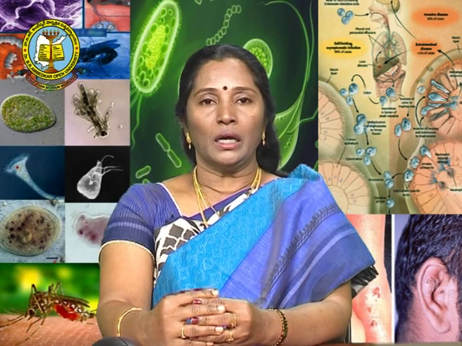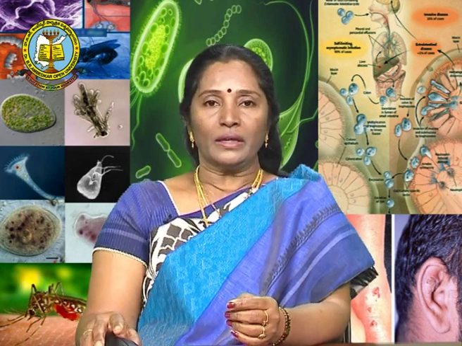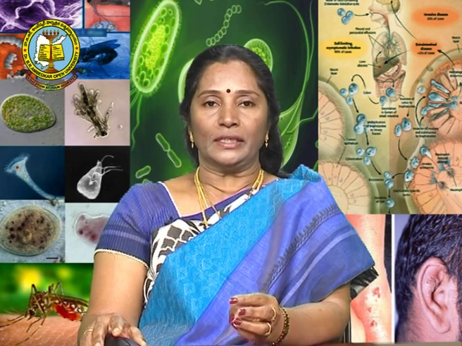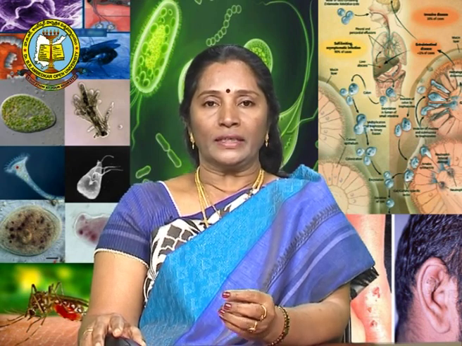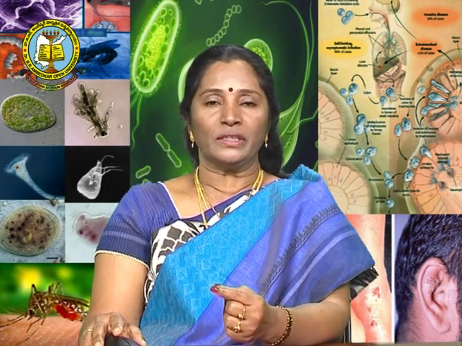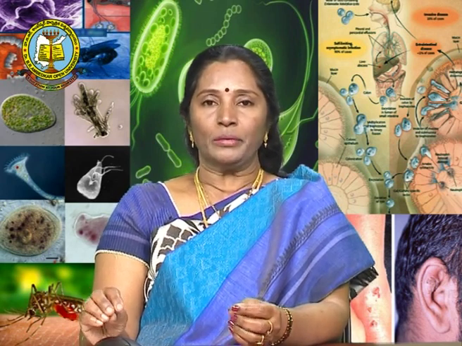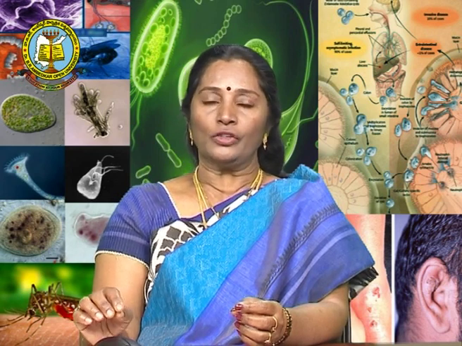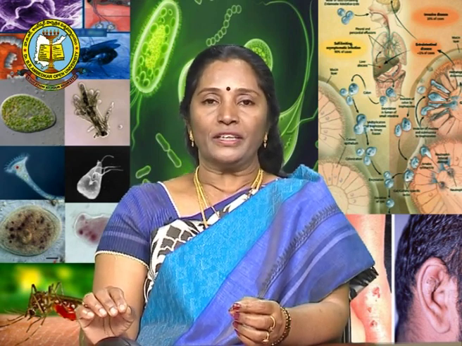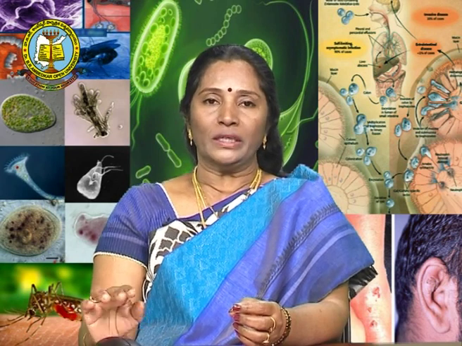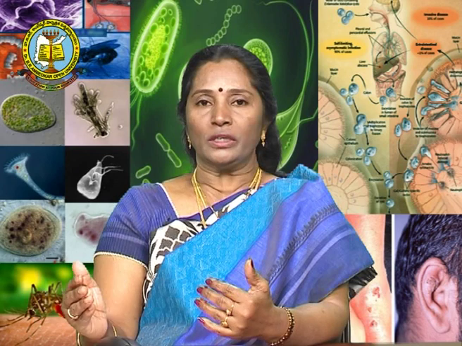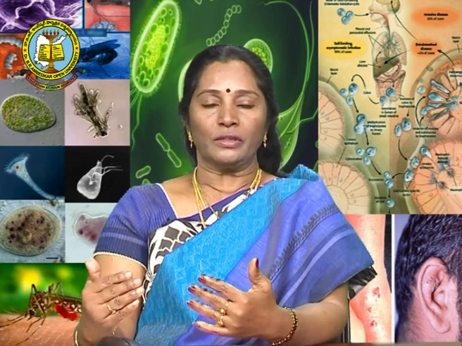Now, coming to the life cycle, so how it is going to affect our system. When contaminated food is ingested by a human, say contaminated old food, or when the person is working in the mud and suddenly puts it inside his mouth, these entamoeba stay in the soil and in different contamination, and also in the feces of an infected person. Sometimes the feces, or drainage water, is mixed with the drinking water. All of this happens sometimes, and when a person is ingesting this type of contaminated food and water,